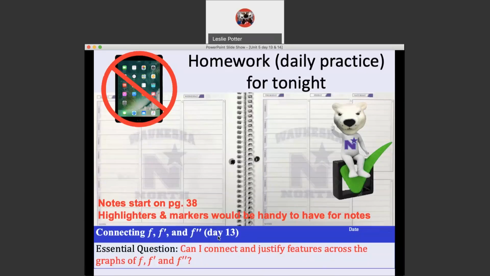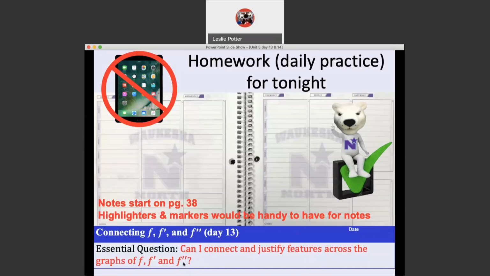Day 13 in Unit 5, and you start on page 38 in your packet. And you might need highlighters and markers because I'll do a fair amount of highlighting and annotation on these graphs. So the essential question for today is, can I connect and justify features across the graphs of f, f prime,